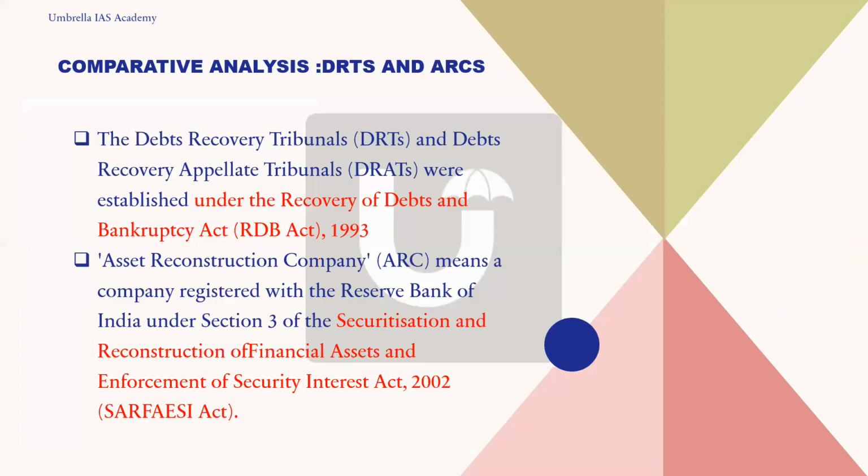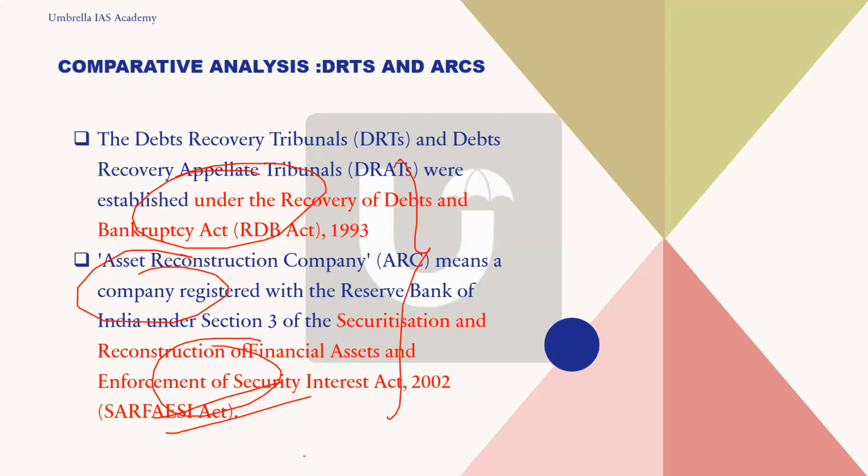You go through this later. Apart from that, these two things have also been mentioned, so in the answers you can mention the Debt Recovery Tribunal and the asset reconstruction company. I wanted to give the basics here because they ask about the act also in the exam, under which act they come. Debt recovery tribunals come under the Recovery of Debts and Bankruptcy Act, whereas asset reconstruction companies come under the Securitisation and Reconstruction of Financial Assets, SARFAESI Act. Try to remember these basics. They'll try to confuse you in the exam by interchanging the acts.